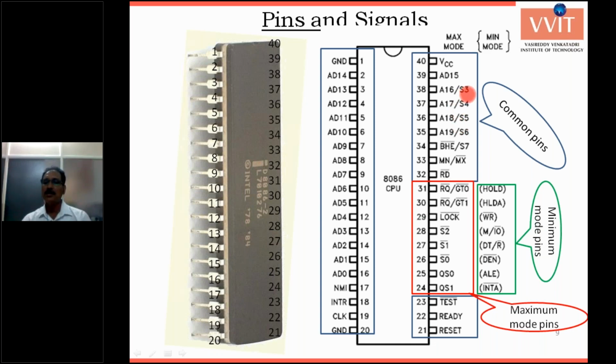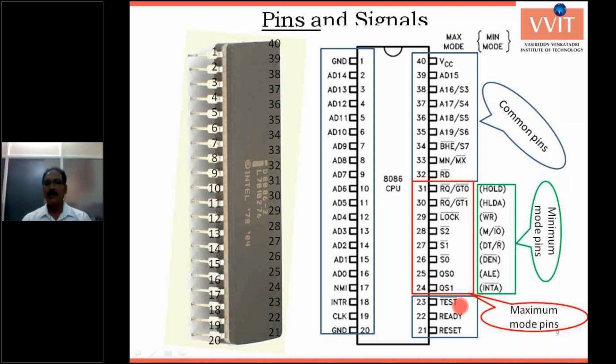These 4 pins also carry the status of the processor state, indicated as the hold or interrupt enable. These are the status signals. Again, pin numbers 21 to 23 are reset, ready, and test bar. Reset clears all internal registers and goes to the starting position. Ready indicates that any IO device is ready for access by the 8086, via pin number 22. Test is the coprocessor enable signal.